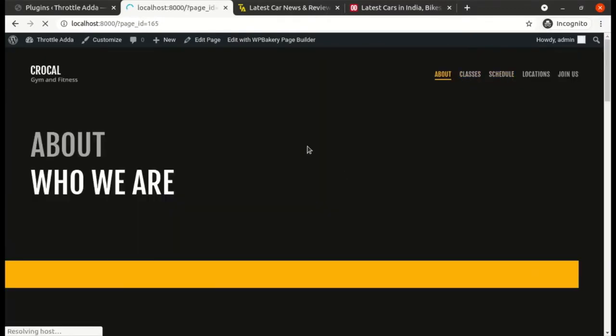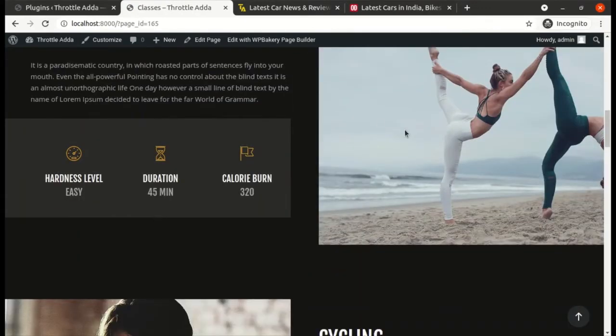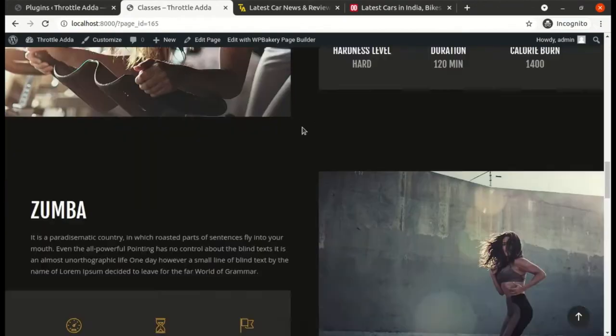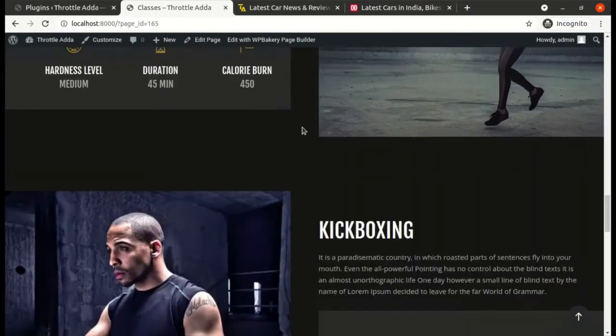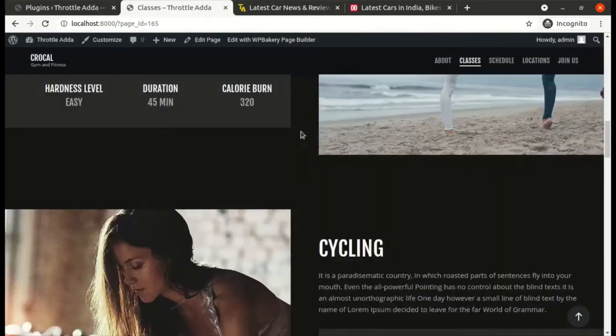Let's go to classes. Let's see. If you see the animation, the font, the layout is consistent throughout the pages in this demo.